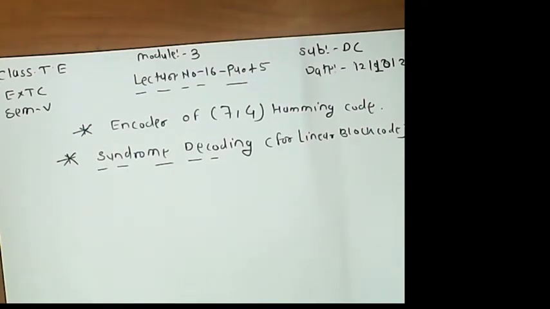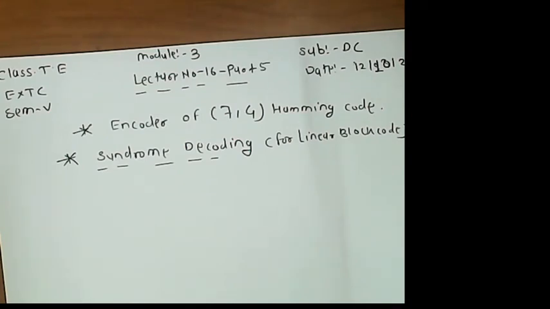Before continuing with this lecture, let's take a review of the previous lecture. In the previous lecture, we introduced the concept of the linear block code, various definitions related to the linear block code, and examples on the basis of the linear block code, encoder side, how to find the linear block codes by using the parity check matrix and the generator matrix, and also defined the coefficient matrix.